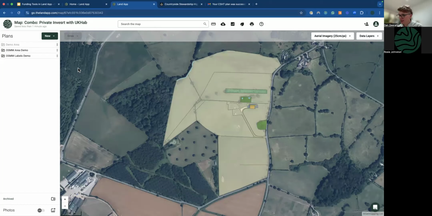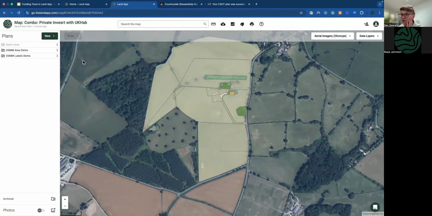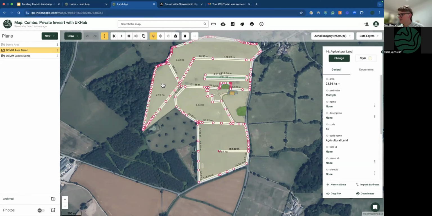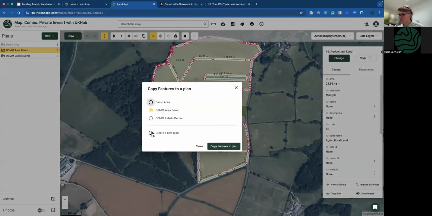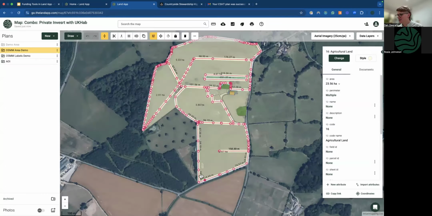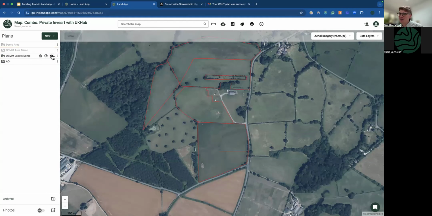So take another little moment. Also, while I'm doing that, just because I'm conscious of time, I'm going to run an agroforestry designer for all of these features. So I'm basically going to choose maybe these 4 fields and bring them onto a new plan. And again, this isn't a training session. I apologize if I'm moving quickly, I'm just conscious of time. And I've got an area of interest where I want to run my agroforestry design.